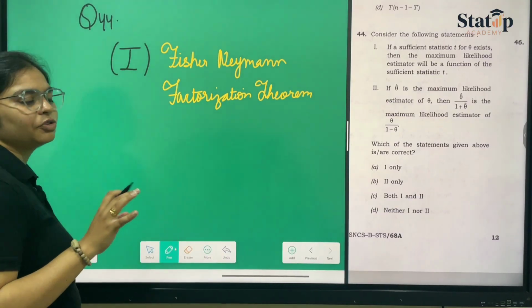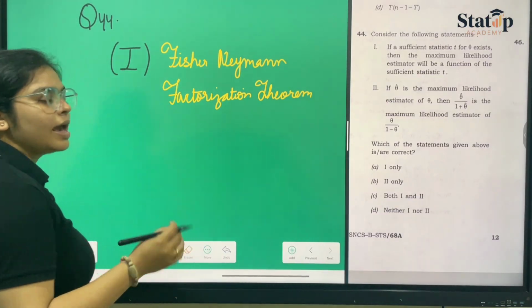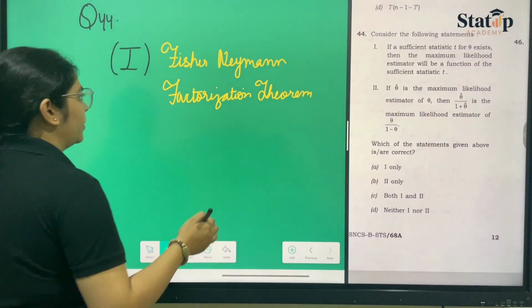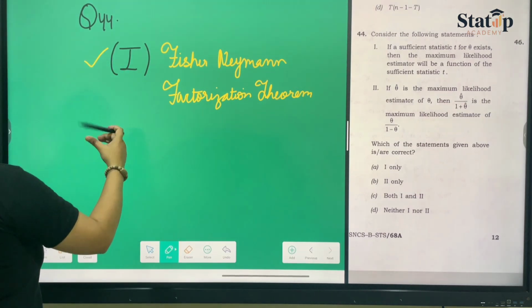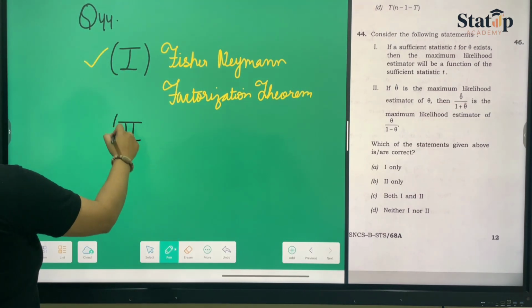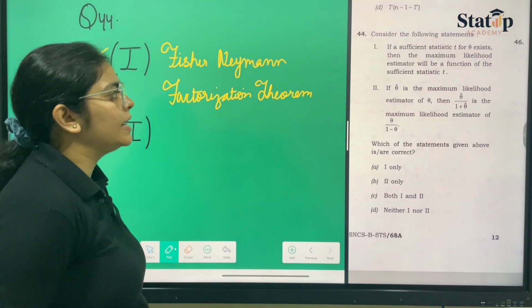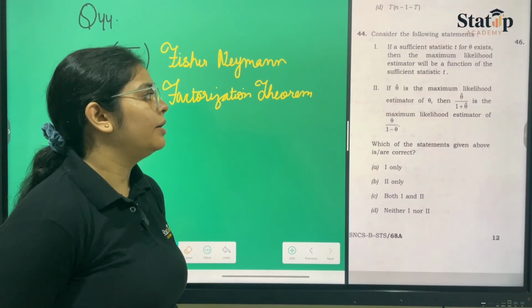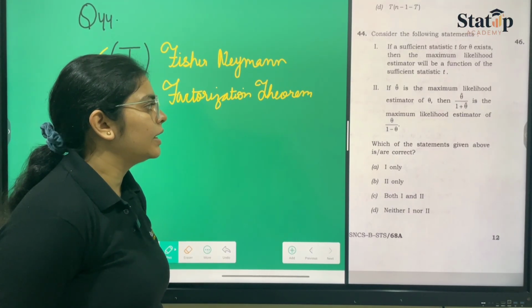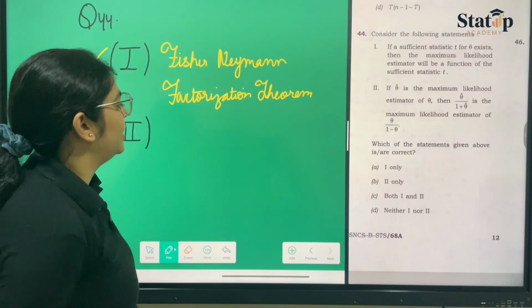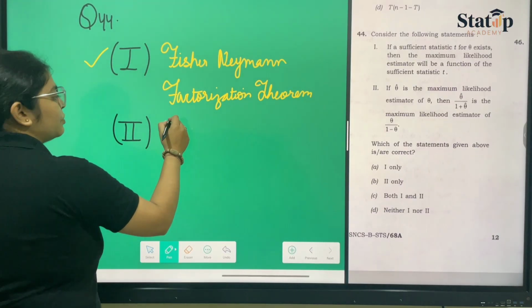Okay, statement 1 is the Fisher-Neyman factorization theorem, hence it is absolutely true. So statement 1 is true. Now seeing statement 2, what does it say? That if theta cap is the MLE of theta, then theta cap upon 1 plus theta cap is the MLE of theta upon 1 minus theta. So by the invariance property,